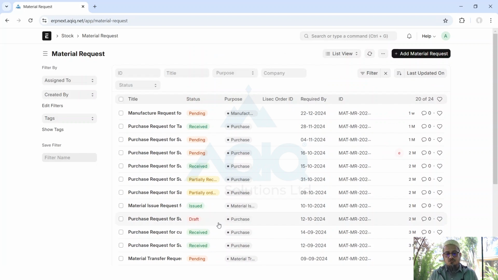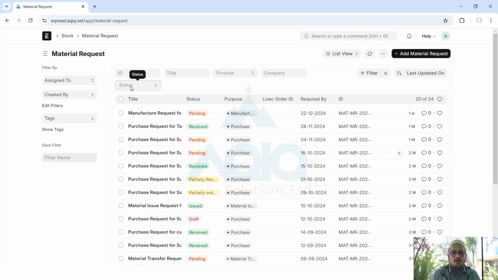In many organizations you will find people request material, they print a paper and take it to the different departments, and then they have to run around departments checking what's the status of each request. Here you don't have to do that. You don't have to even pick up the phone, it's just here showing you all the status,